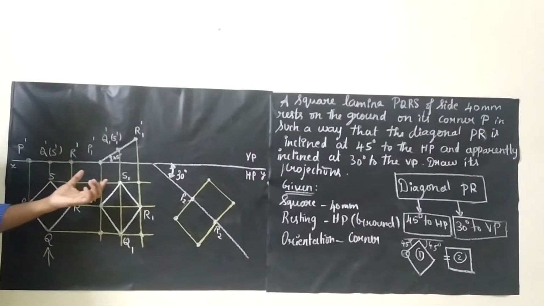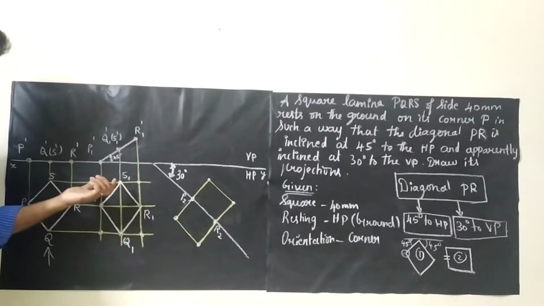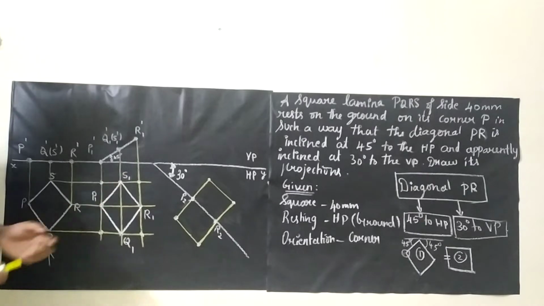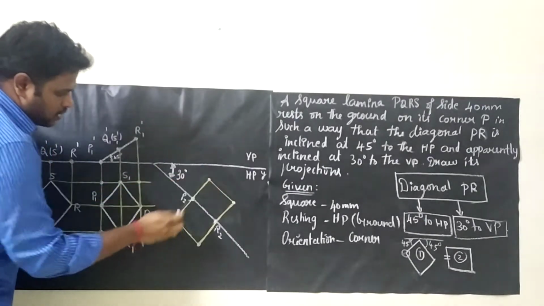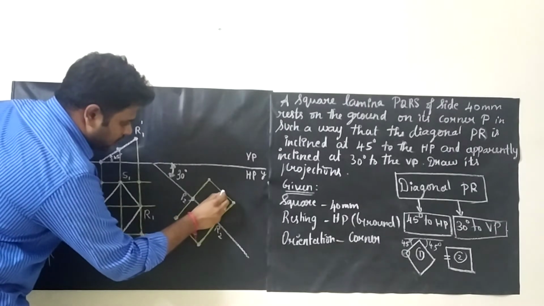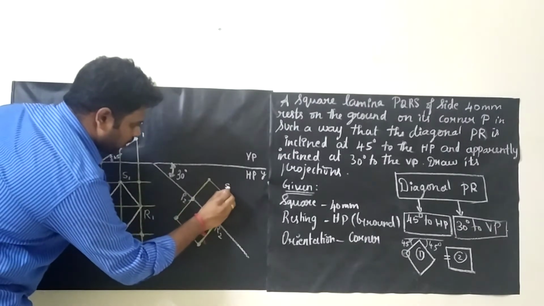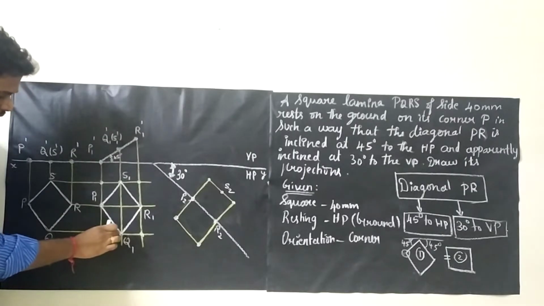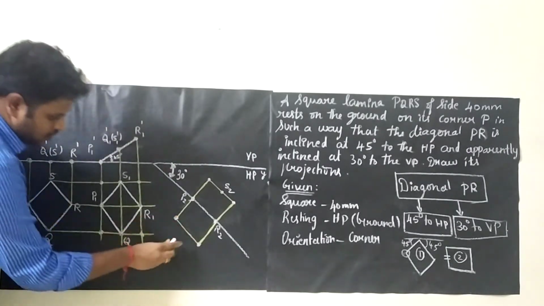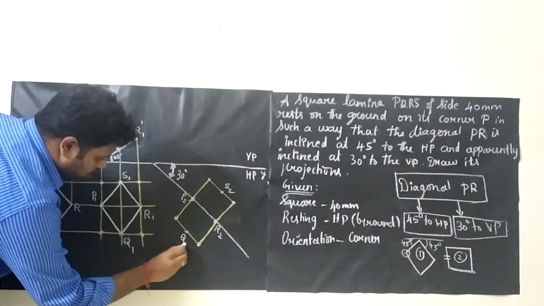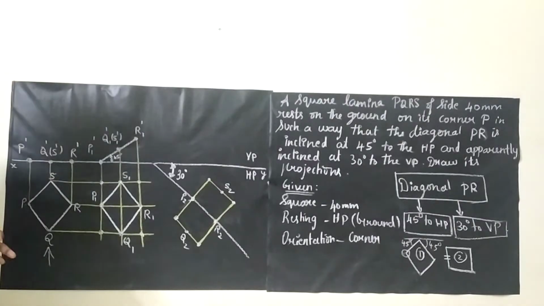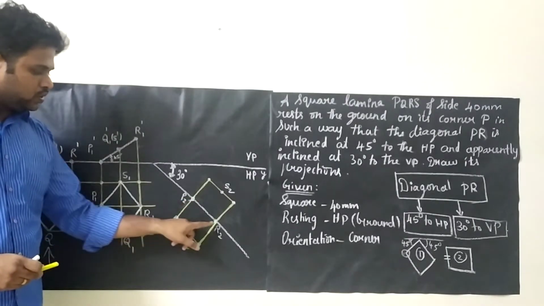Then see here, from this corner to the center you will be having S1, right? Whatever distance you are having, you just measure this distance and keep it as it is. If you keep it, approximately you will be keeping it like here. This one will be your S2. And just see here, whatever distance you are having, just measure as it is and keep it there. So here you will be keeping, this point is called Q2.